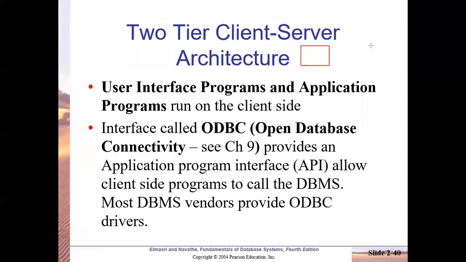Suppose the client PC is here and the server is here. You can see on this client PC there is software which is used for preparing your GUI, that is, the user interface. Then there are some application programs also. They are installed there or they run for validation. And then when the data is validated, it will go and get stored on the server PC. So the server PC has only the databases stored.